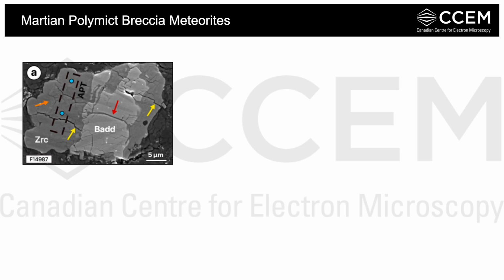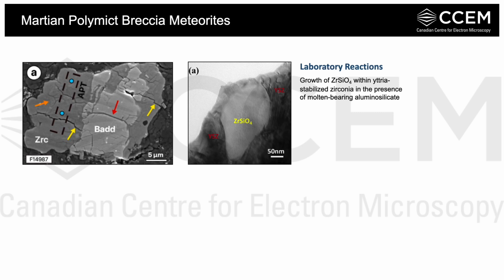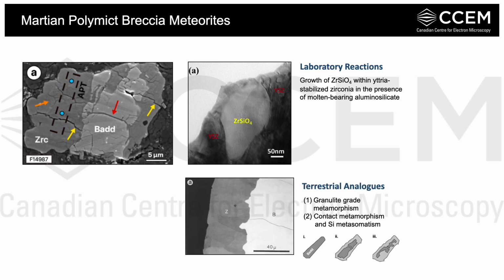And then our zircon rim indicates a reaction of the baddeleyite with a silica-rich melt. And when we compare this to laboratory ceramic experiments, such as the growth of zircon within an yttria-stabilized zirconia in the presence of a molten alumosilicate melt, this reaction is occurring at around 1200 or 1300 degrees Celsius on the scale of hours. And then in natural terrestrial settings, we see reaction rims of zircon around baddeleyite with the same